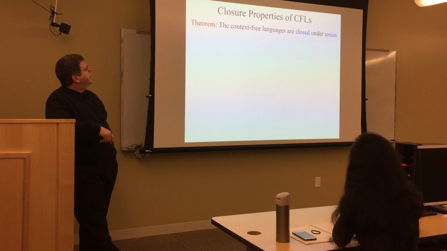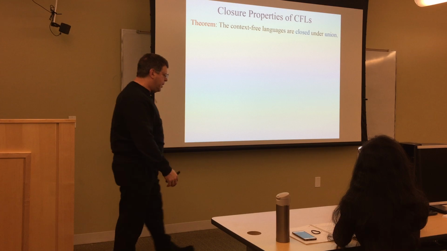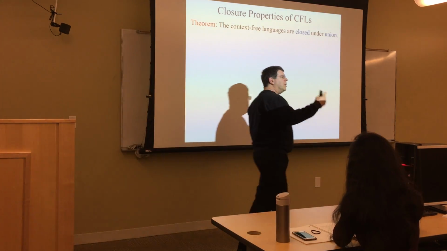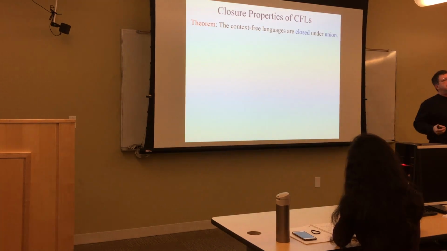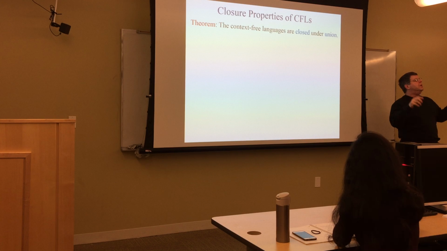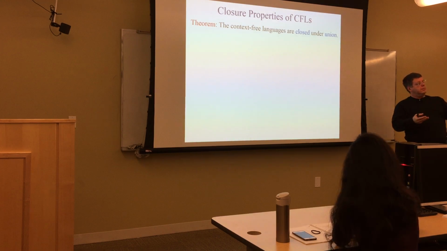All right. So let's talk about closure properties of context-free grammars and context-free languages, same as we talked about closure properties of finite automata. Remember, we talked about finite automata, regular languages, regular expressions. We said the regular languages are closed under union and under intersection. How did we prove the regular languages are closed under, say, intersection? Cross product. Under union, how did we prove that? We can either use cross product construction. Either cross product, or